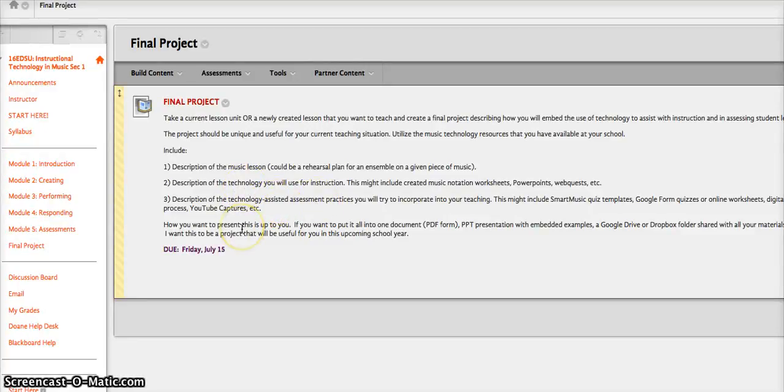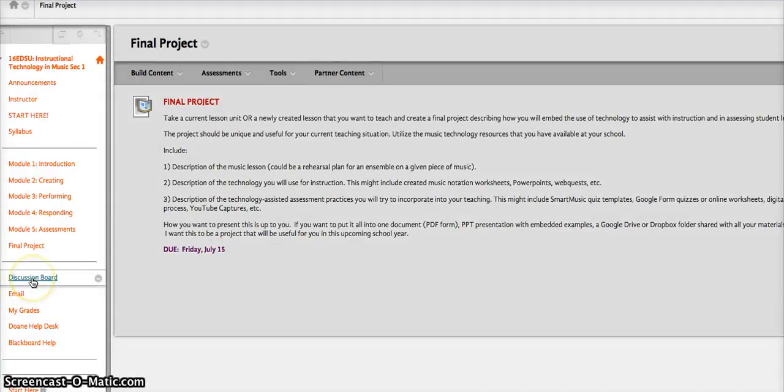What you send to me can be in multiple versions. You might send me a little written narrative of your lesson. You might share or send me actual documents or worksheets if you used technology to build them, or you might just create a Google Drive and save the whole Google Drive and send it to me. It's really pretty wide open. Again, I want this to be practical and useful for you. The other things over here is another direct link to the discussion board,